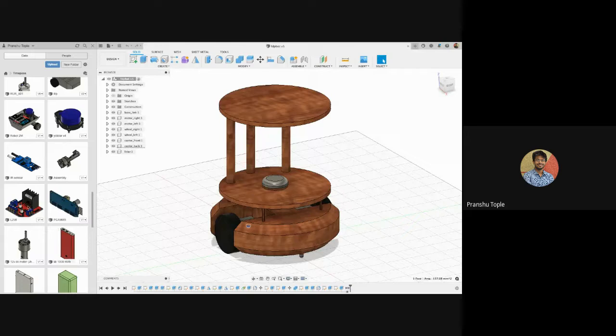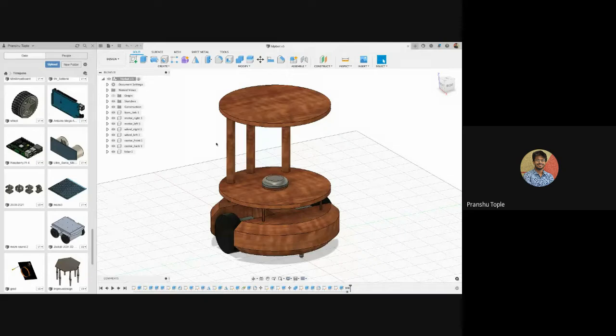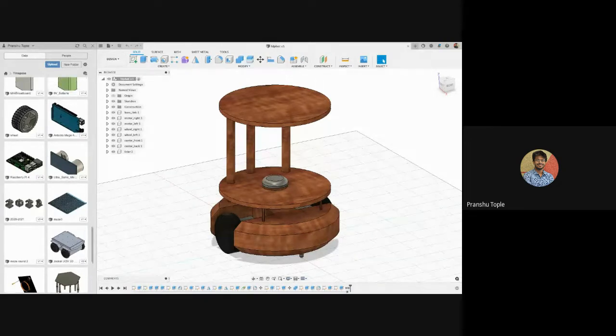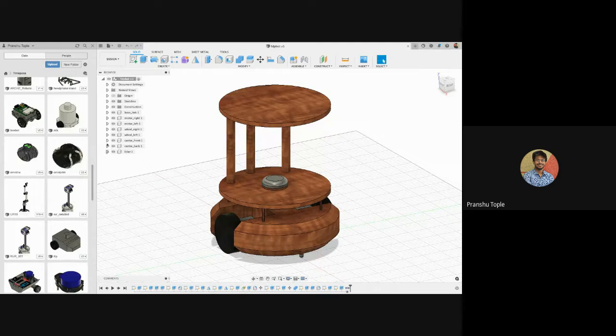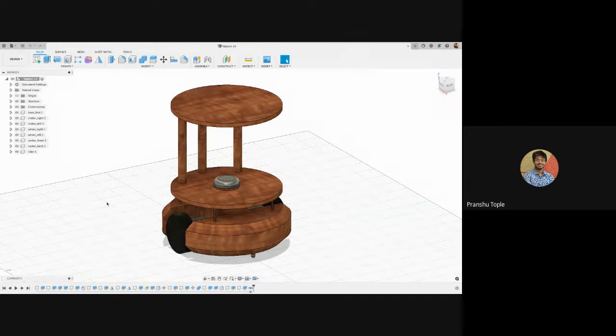So if I want this motor driver, I can insert into this design by right clicking and insert into current design. But this will increase the complexity of your overall robot. Like you can insert a Raspberry Pi or something like that. If it is not exactly required, you can just add a simple cube that will consume very less processing power, and that will make your simulation much faster. But the more detailed model you make, the more computational power it will require and the more RAM